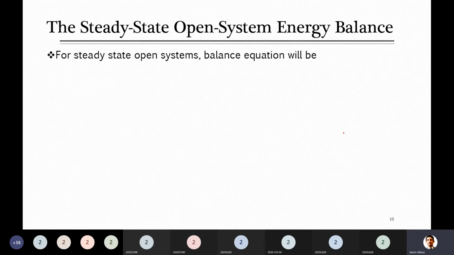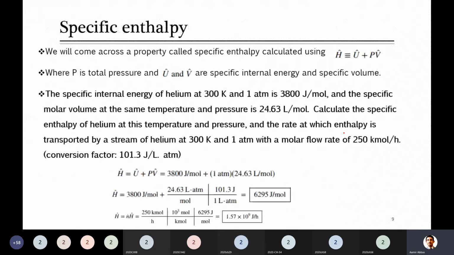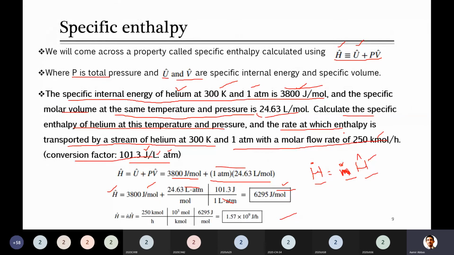So for these, now up to here we have discussed three terminologies. If I just summarize it, initially we started with what are open systems and why we apply a balance on the open system. I said when we apply a balance on the open system, there will be work involved, and work is of two types, shaft work and flow work. And then we discussed how to calculate flow work.